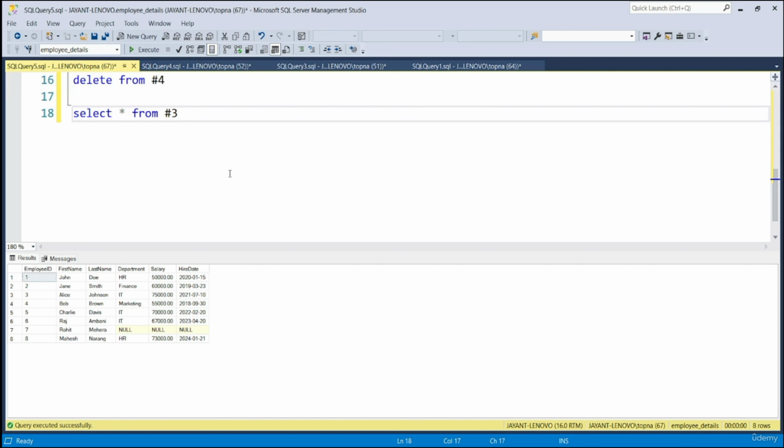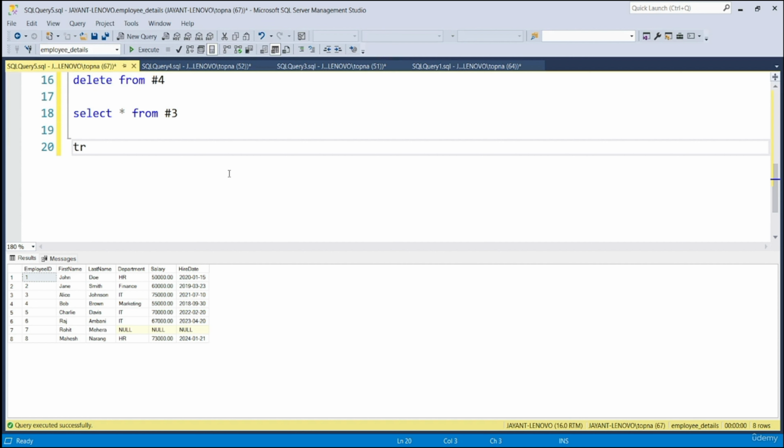Now, let's say there are two other statements as well. There is drop and truncate as well. What will happen if we write truncate table hash3? If we truncate the table hash3, for that purpose we will have to write it in this way, that is, truncate table hash3. It will actually remove all the records from the table